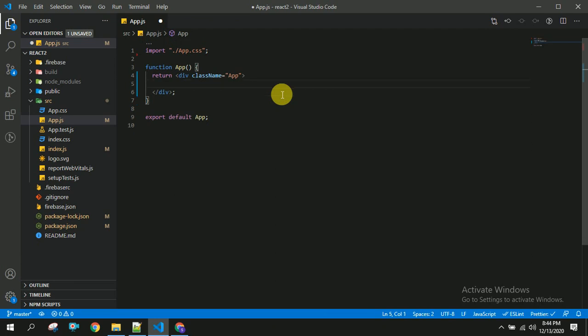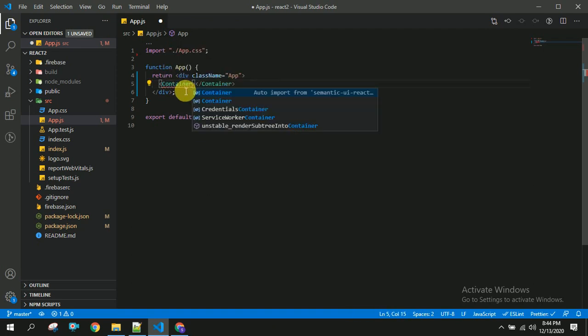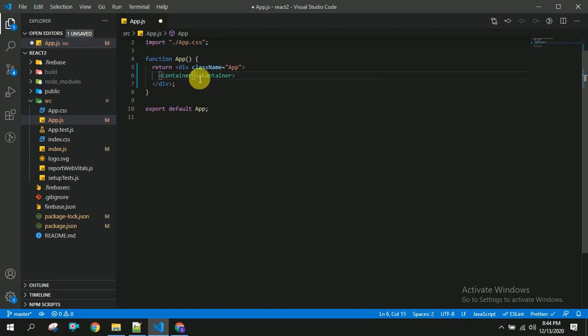Now I'm going to use a Container. This container is from Semantic UI, so it will auto import this container.